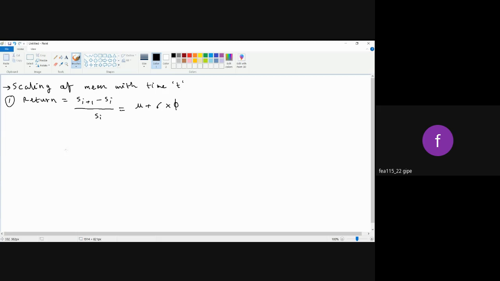Now, let's ignore randomness for now. That is, I will drop the second term. This phi is the term which introduces randomness into my equation. So for now, let's ignore randomness to understand the concept in a simple way. If I ignore randomness, I would be able to represent this as